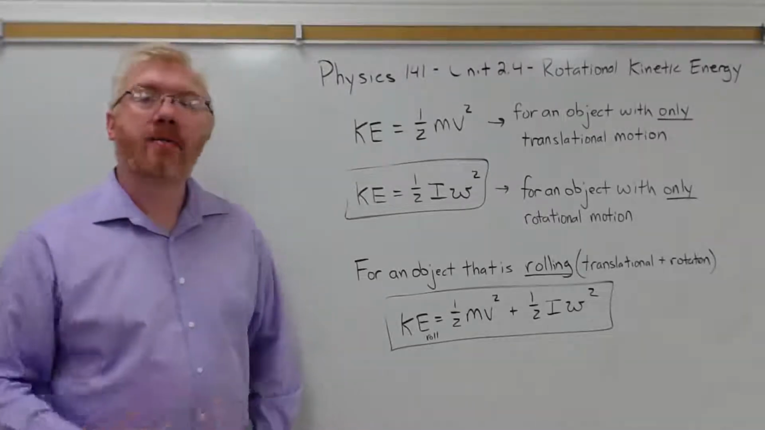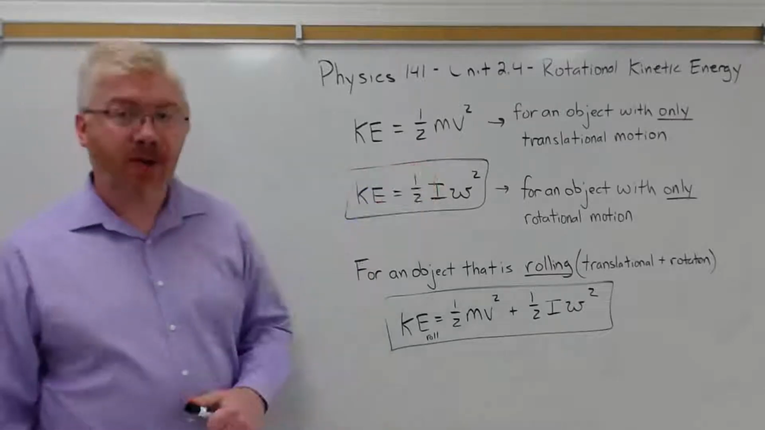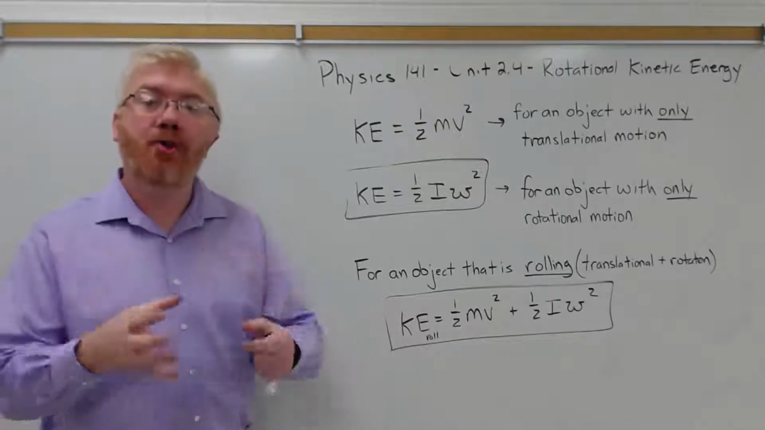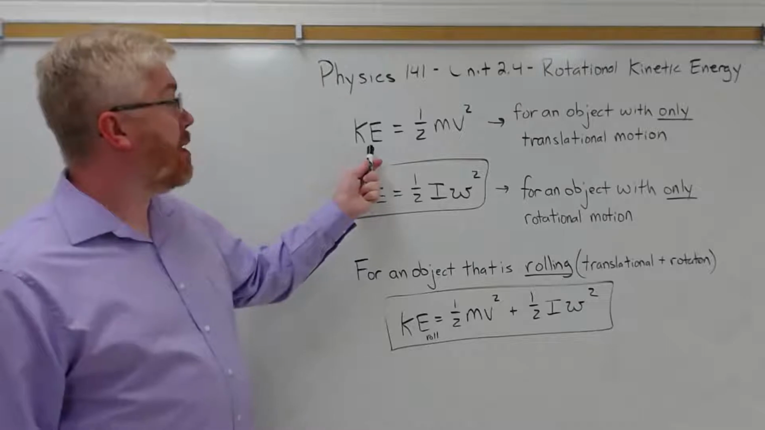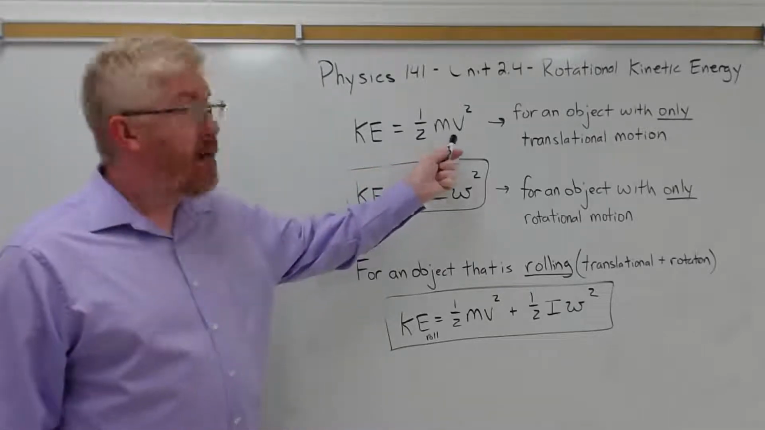We're next going to look at rotational kinetic energy. So we already dealt with translational kinetic energy, the energy of motion. When an object moves, that motion has energy associated with it. For translational motion, the kinetic energy was equal to 1/2 of the mass of the object times the speed of